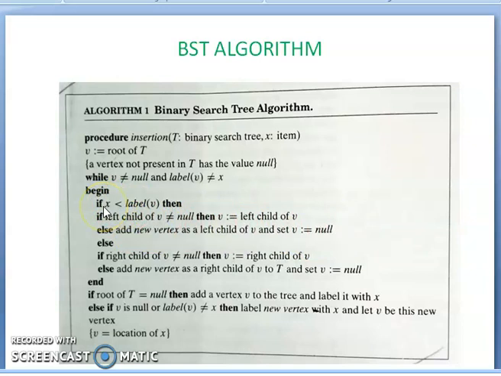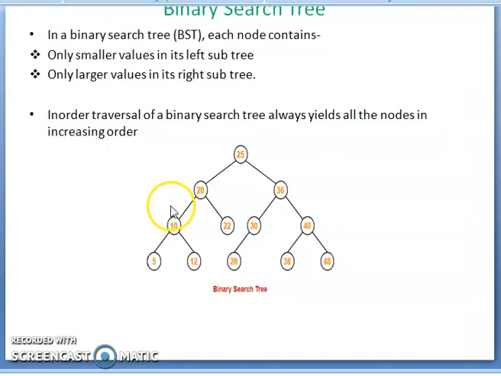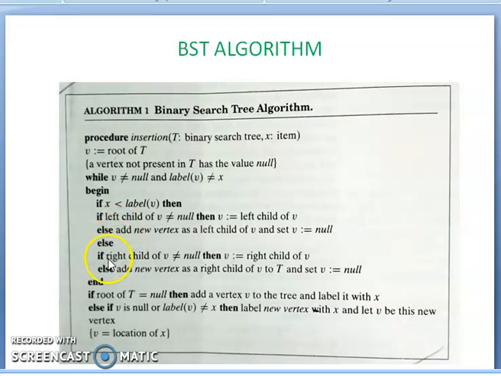Otherwise, if the x value is greater than the key value, for example, the x value is 29. You compare with this 25. The x value is greater than 25, so come to here. Then less than 20, come to here. And the x value is greater than this value, right? Insert it on the right. So this is the way you traverse. If the x value is greater than the label key value, then you move to the right side.